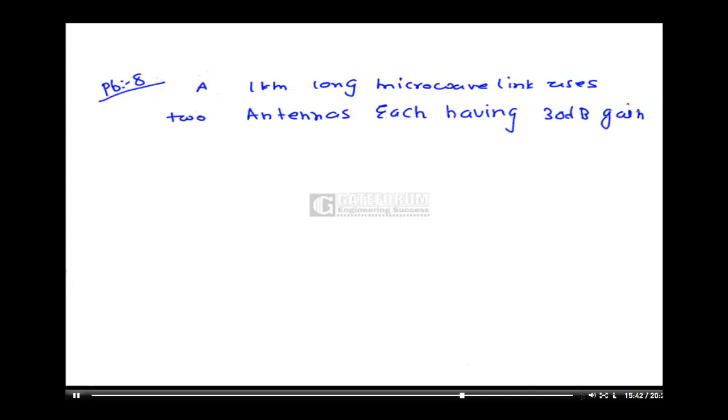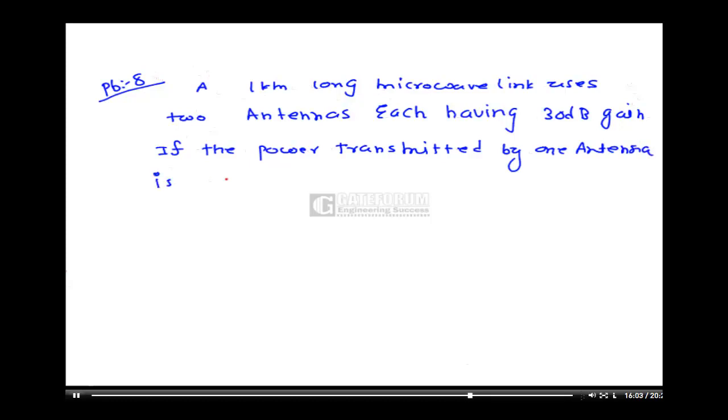If the power transmitted by one antenna is 1 watt at 3 gigahertz, the power received by the antenna is: